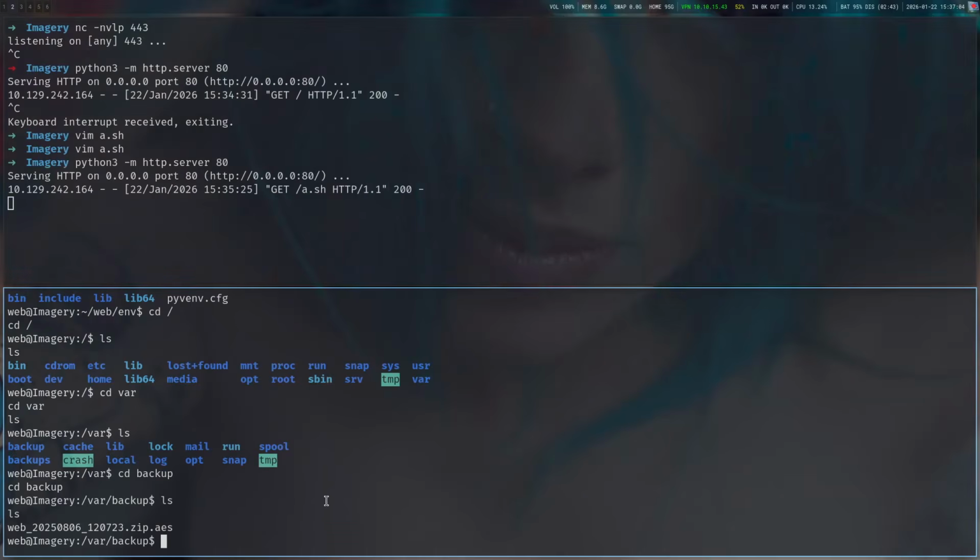I want to go here. We have to check something on var. I imagine it was, let's call it this way, in the home web, right? But there is something interesting. There's backup and backups. Backups are the common one, but backup is not. So we have to go with backup here right now. And we have a zip IIS file here, and I wanted to grab it in my